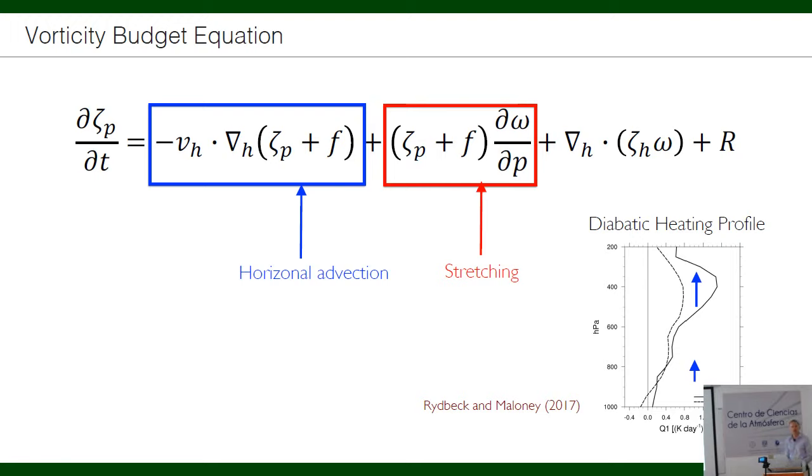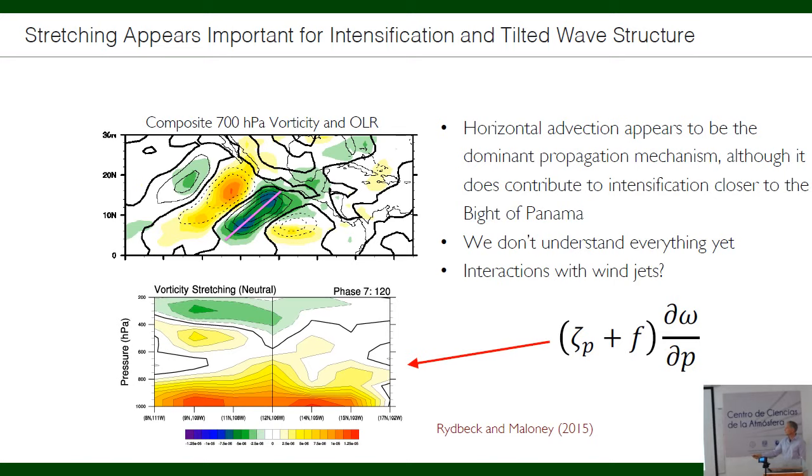Okay, so you can see it on this slide here. I showed this plot before. This is a typical easterly wave structure. The easterly wave starts out down here more or less circular, but then it gets a tilt as it moves further off the coast. And the process that seems to be most important for generating this tilted, southwest-northeast structure of the waves